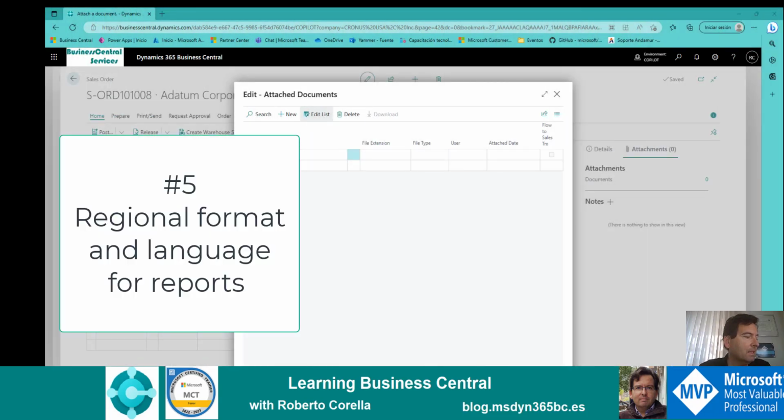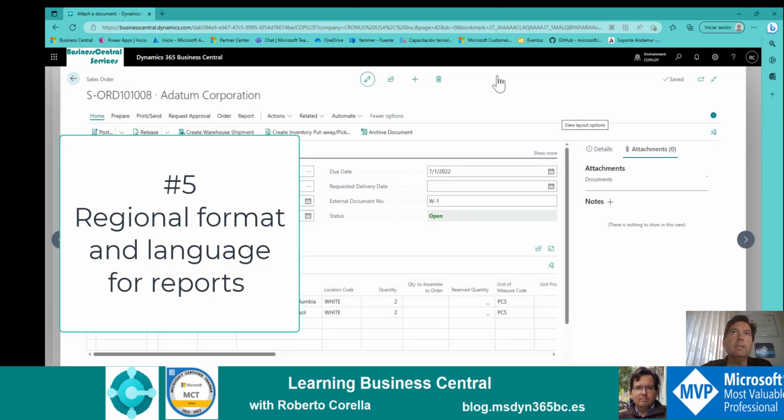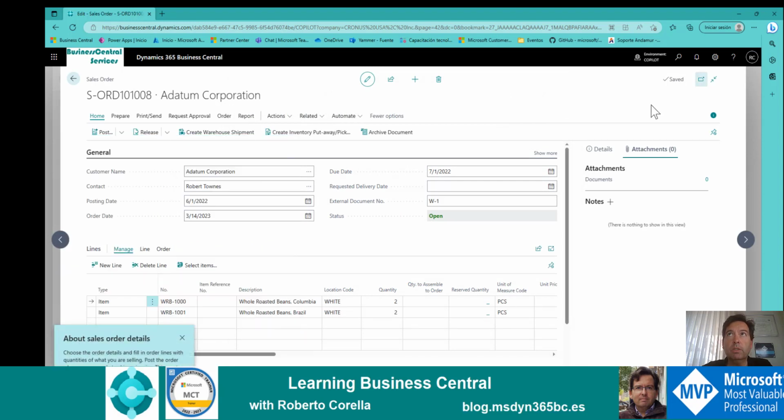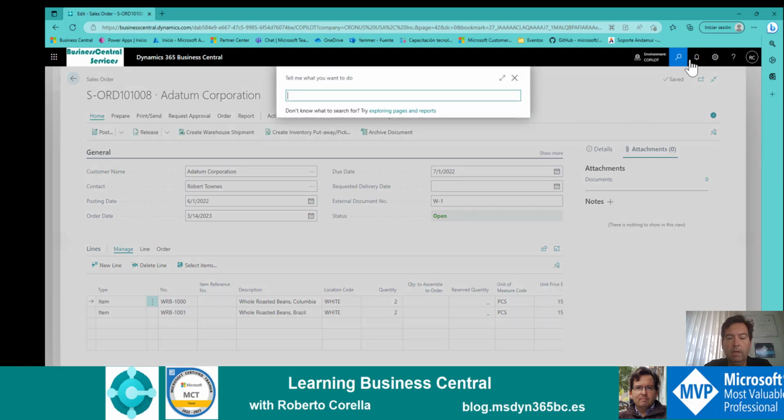And last but not least, we can find another hidden gem that is the regional format and language for reports. In this case, imagine that you are living in a country with several languages. We can decide for each report in which language or in which regional format we need to run. Let's go to see with some example the